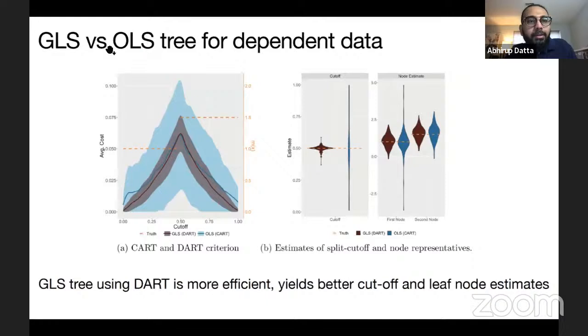So what is the advantage of the GLS versus OLS loss when you are creating a regression tree for spatial data? Here is an example. The true function is a nonlinear function, but it's a simple one. It's just a piecewise constant function, given by this orange dashed line. It's constant up to a value of half, and then again constant with a different value from half to 1. So there's a jump.